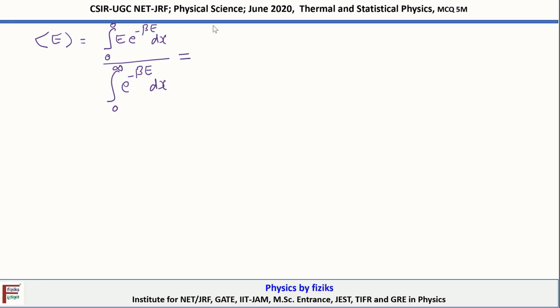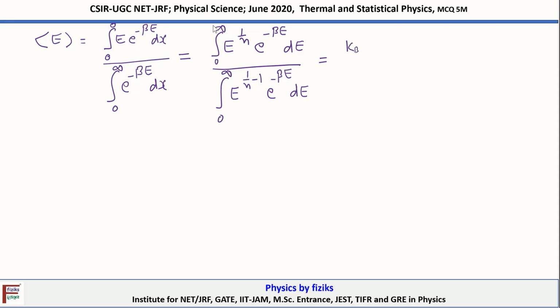So this will be further equal to the integral from 0 to infinity of E power 1 by n exponential minus beta E dE, where we have replaced dx, upon the integral from 0 to infinity of E power 1 by n minus 1 exponential minus beta E dE, and